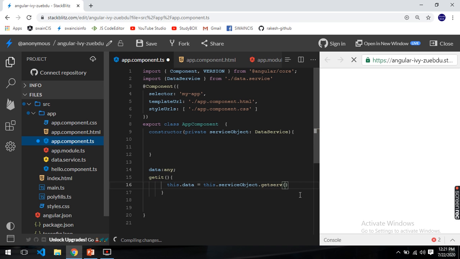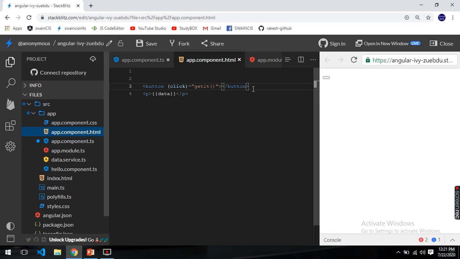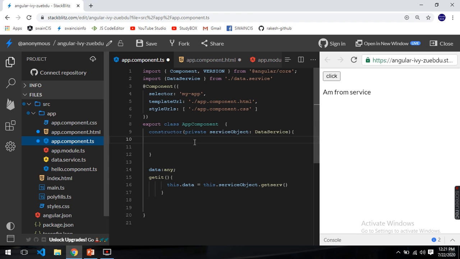That's it. Now if I click, I should be able to see it. Oops, sorry, I need to write something here. Click. Fine. So if I click here, I should see my data which is from the service file. So this is how we use it. In the next chapters, we'll see how we can use it for HTTP services. So this is a common file: you can import it, create an object of the instance, and use it. Okay, thank you.